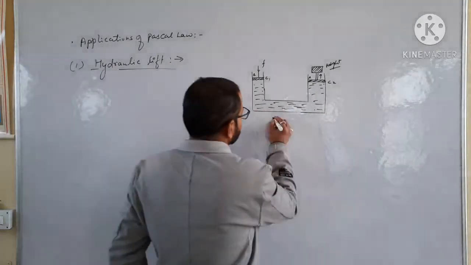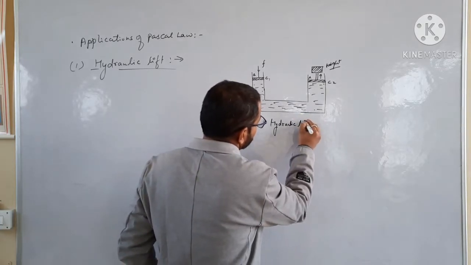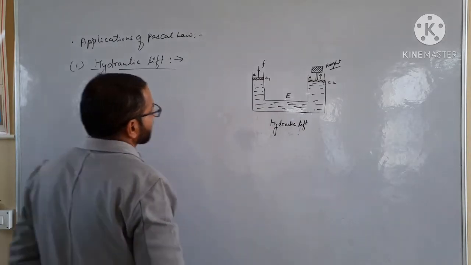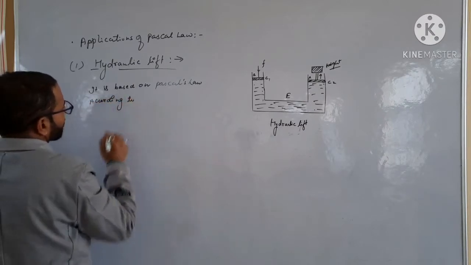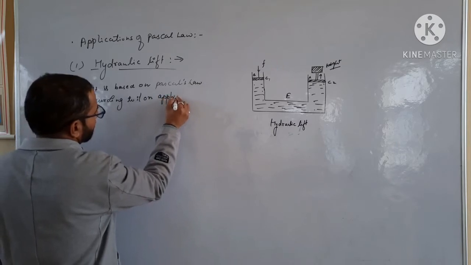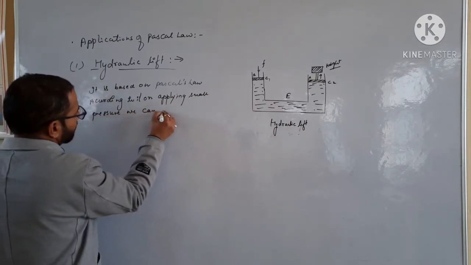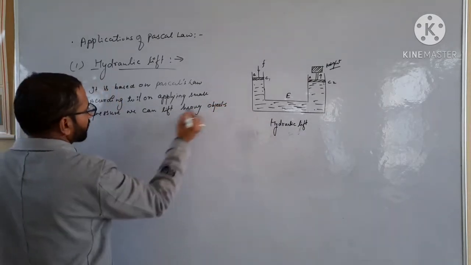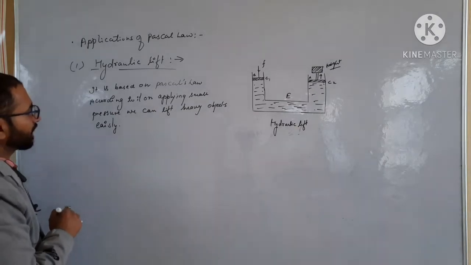Now see, we will discuss here. This is a diagram of a hydraulic lift. Okay, and this pipe is supposed to be represented by E, and C1, C2, A1, A2 are the areas of cross section. So here, according to the working of this hydraulic lift, on applying small pressure, we can lift heavy objects easily, okay, by the effect of hydraulic,